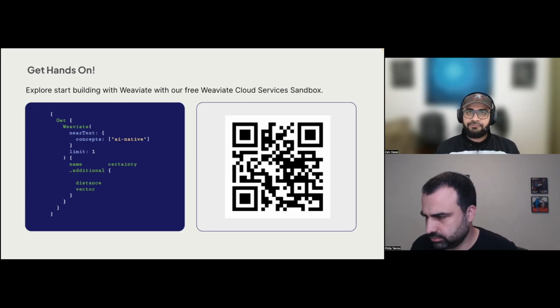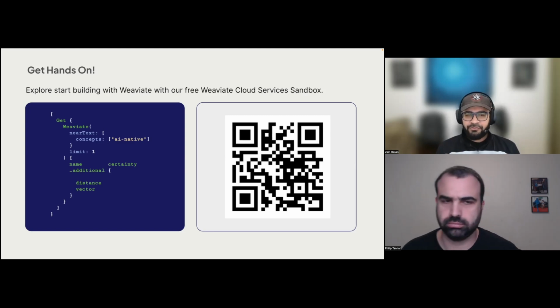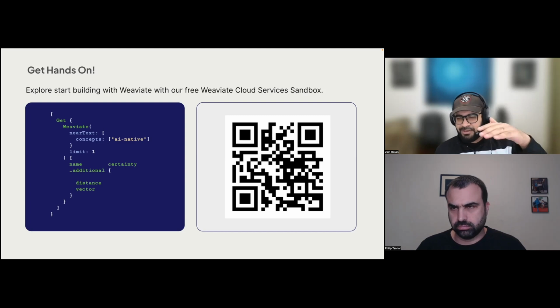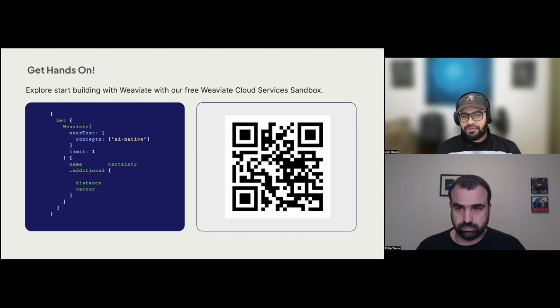OpenCLIP, if you're only interested in text and images, I think going with OpenCLIP is good. But ImageBind, for example, understands audio, video, a lot more modalities as well, right? So if you only want to do text and images, you can go ahead with OpenCLIP, CLIP, and I'm sure you'll get really good performance. We've actually integrated CLIP into Weaviate as well. So if you go to our docs, you can see multi2vec ImageBind as well as CLIP, and you can play around with those. But it really depends on what modalities you're interested in. If you're only interested in text and image, I think OpenCLIP would be my choice because ImageBind is a lot heavier.